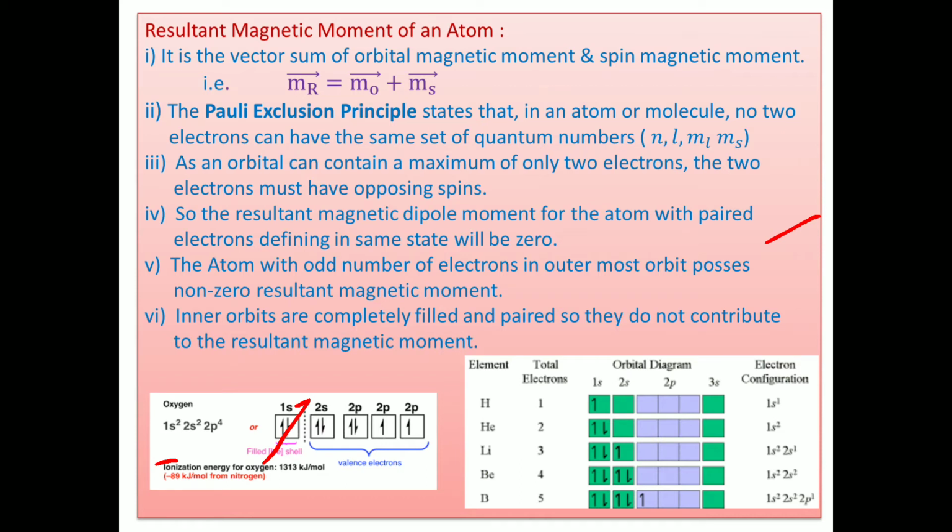But suppose we consider a helium atom. Only two electrons are there, one clockwise and the other anti-clockwise, so they cancel out. But in a lithium atom, three are there: one clockwise, one anti-clockwise, they cancel out, but one is unpaired. So it possesses some magnetism. Similarly, beryllium has four electrons, so you can take the net dipole moment as 0. But for boron, only one unpaired electron is there. That's why it possesses some magnetic dipole moment.